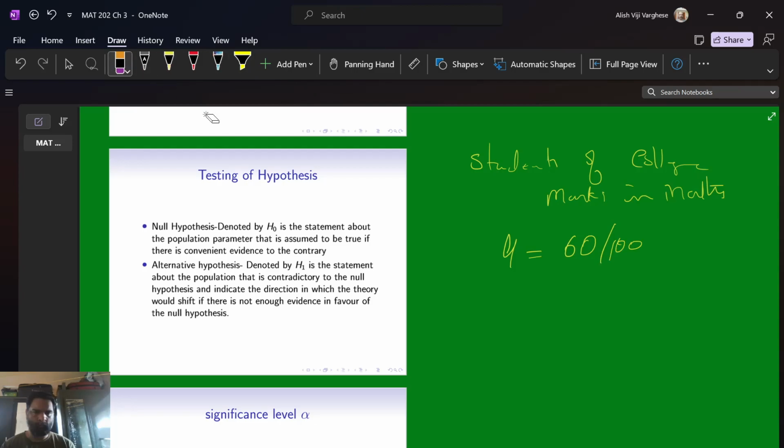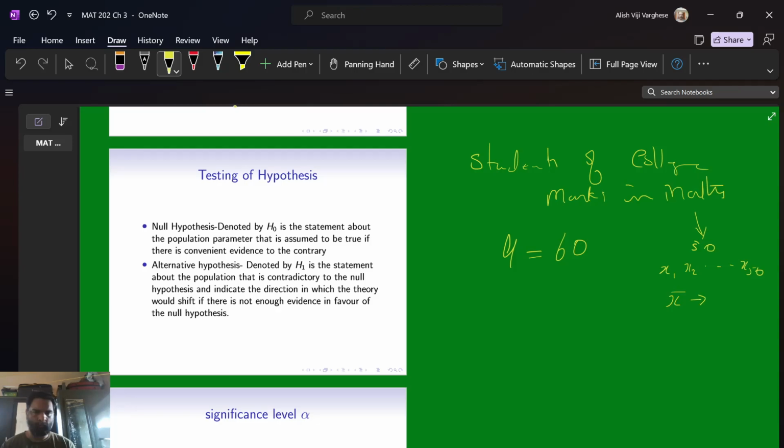So I make a statement about the population and have to check the validity of my statement based on a sample collected from the population. So I collect a sample from the population, say of size 50, and collect the marks of all the students